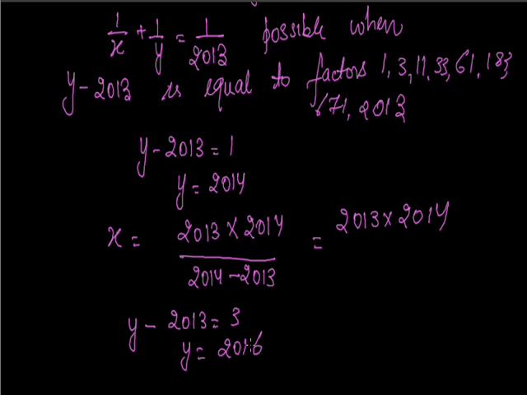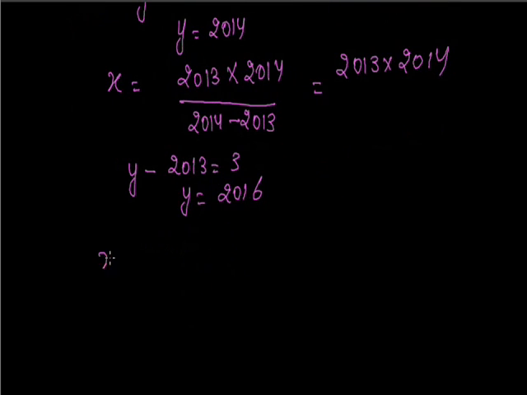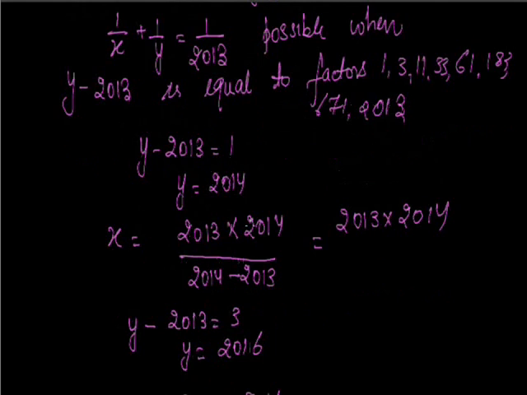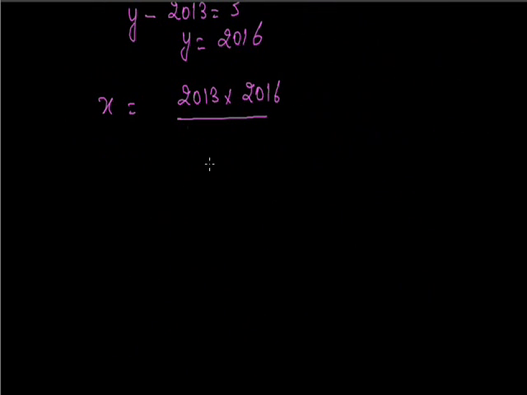So x will be equal to 2013 into 2016, whole upon, the equation was 2013y upon y minus 2013, so 2016 minus 2013. What will it give? 2013 into 672. As we continue this process, the solutions are